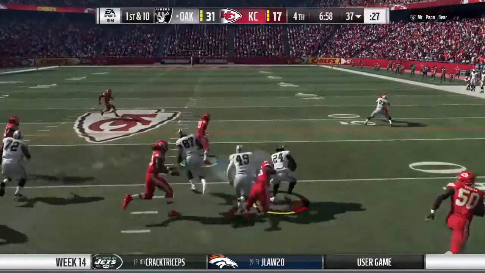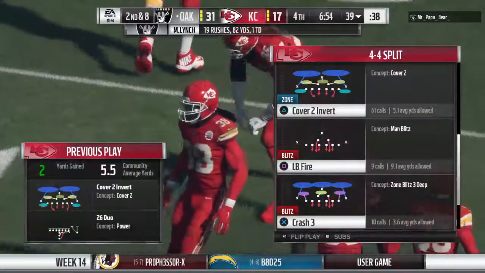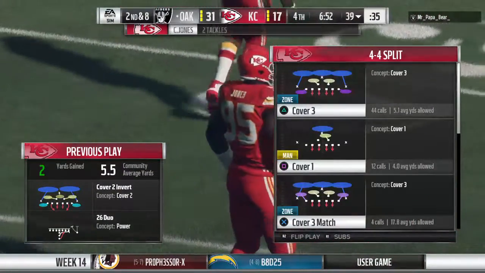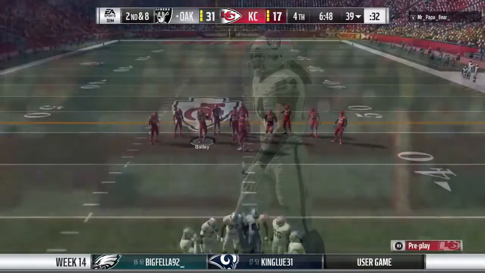On the ground, it's Lynch. Looking for an opening, not much there. He'll get it to the 39. 2 yards on the carry there. It'll be 2nd down. Offensively with the lead, you want to run the ball, keep the clock going, but you